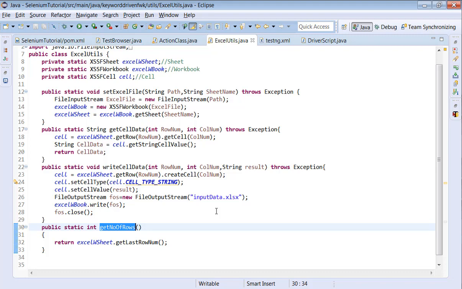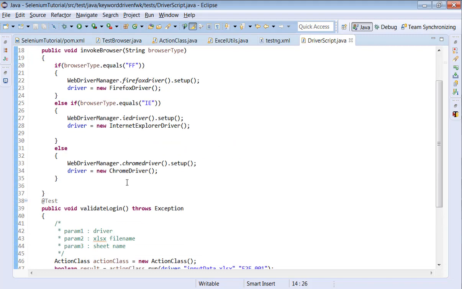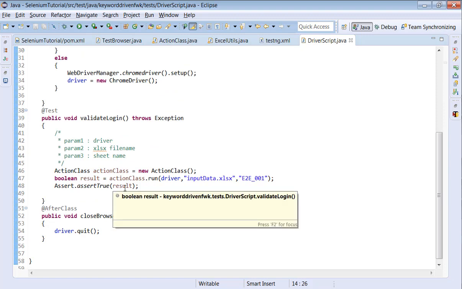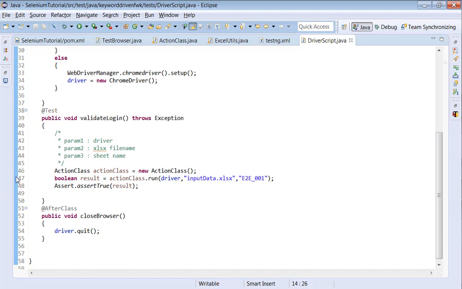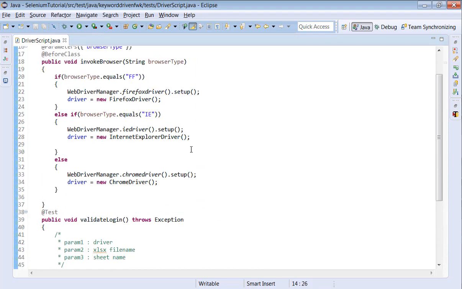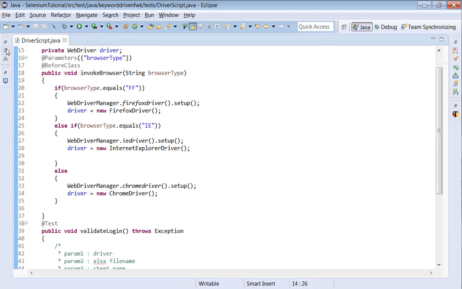See, the logic is available, but it is very difficult to understand the logic, right? So how are we going to make it very simple? To understand this logic, I have put a breakpoint now. I'll explain step by step while we are executing this framework. I just selected here, this is the breakpoint I put in the driver script.java. Let me close others. We have only driver script available now.